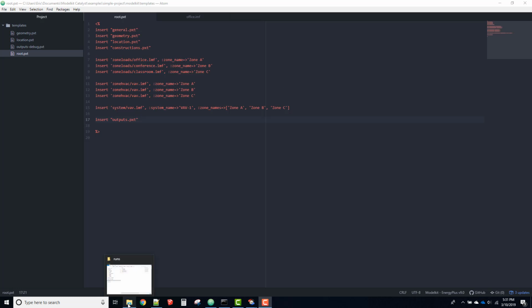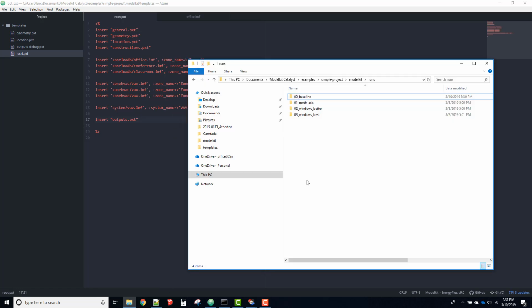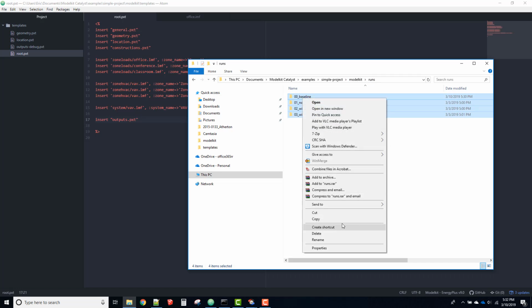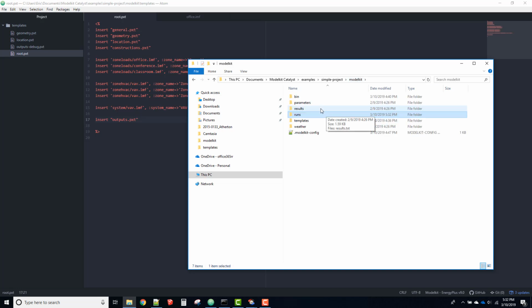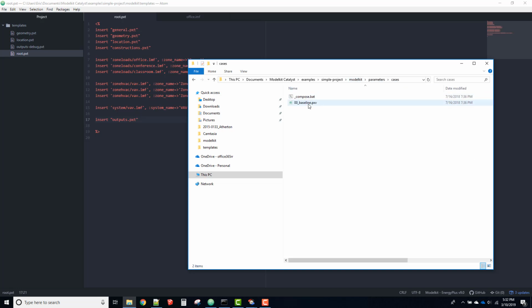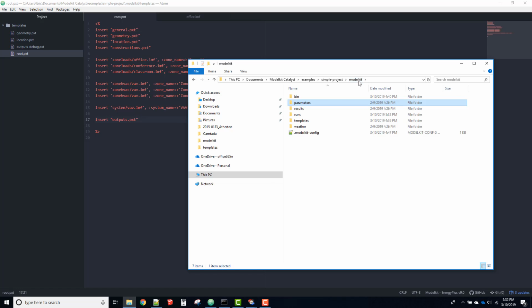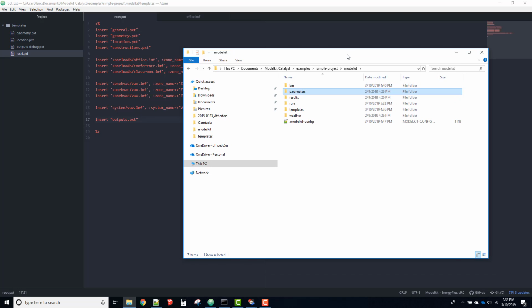So now if we want to compose this, we'll go back to our runs folder and we'll actually just delete those 4 folders that we created in our last example, because now we just have one case file called baseline.pxv. We could have left those run folders as they were in the runs folder. Could have just let them alone, and it would have overwritten the instance.idfs. But just to make it completely clear, we'll just get a clean runs folder,